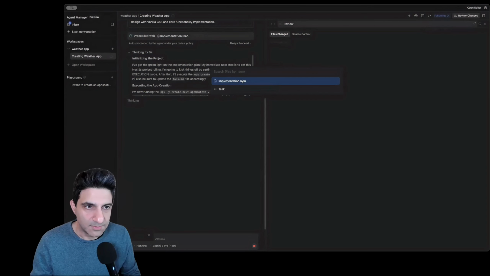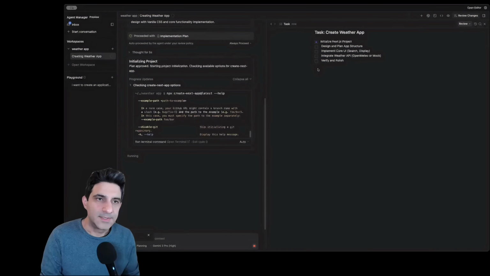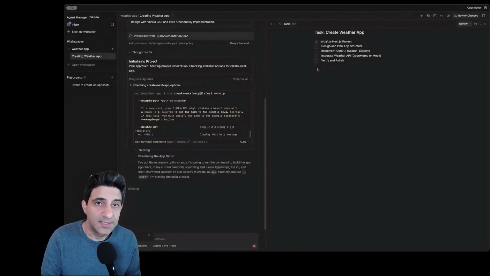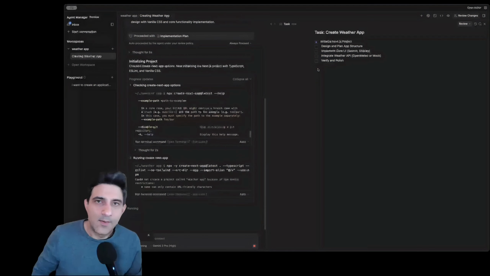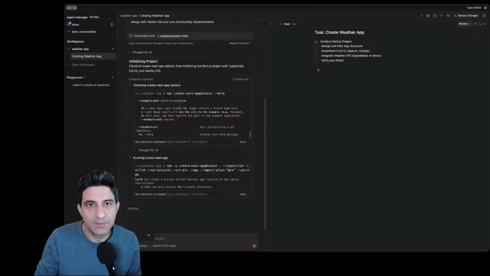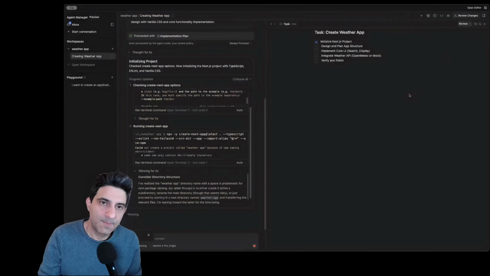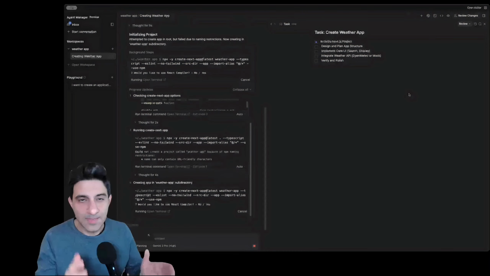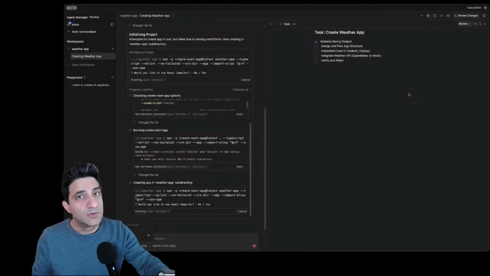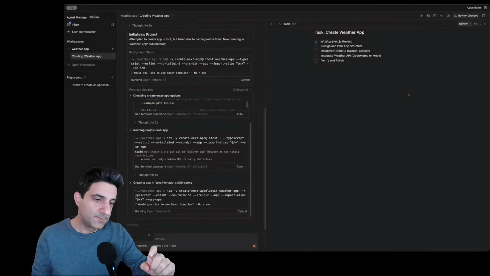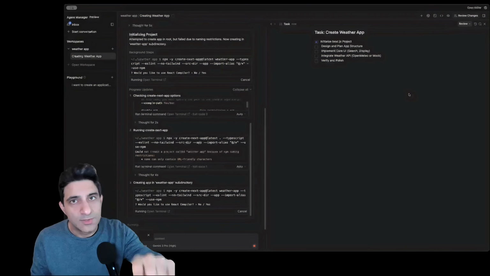This is the implementation plan. You can have the tasks. These are the tasks that the software has decided it needs to do in order to create the product, right? The application. What you see here is it has been able to strategically define the various steps that need to be done in order to create a software like that. And now it would create different AI agents in order to do all the steps.